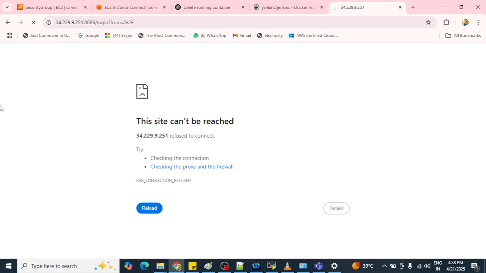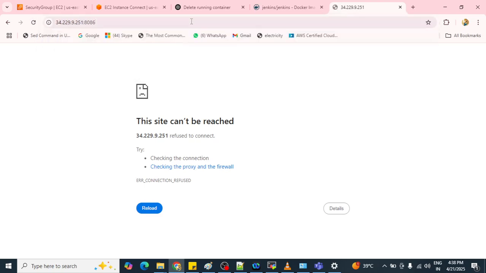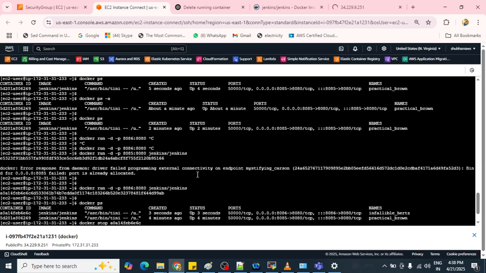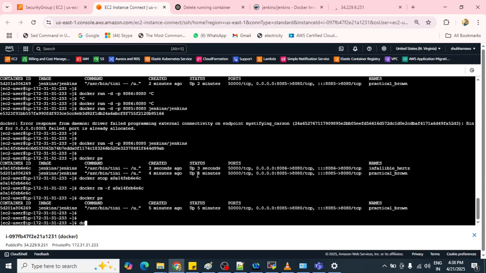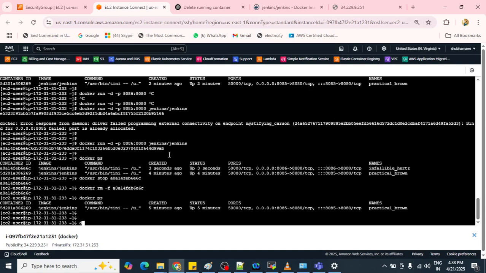Let me delete it. Oh shit, accidentally I have deleted that running container. Okay, no problem. Let me delete this one also.